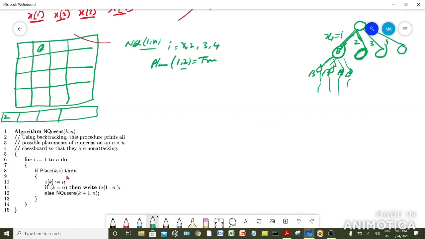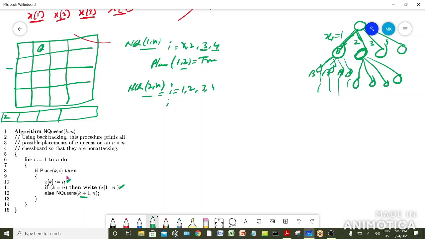Now after placing the queen and after execution of this statement, this was checked because we are not yet up to the result, so the next statement will be executed, which is N Queens of 2 and n. Done. We are going to place the queens in the second row, and needless to say these two are still there on the stack. So again I will become equal to 1, 2, 3 and 4. It means we are going to consider these 4 options.